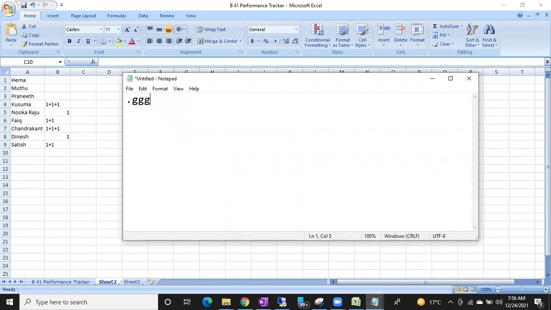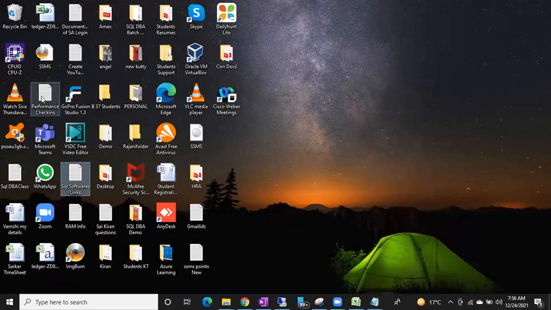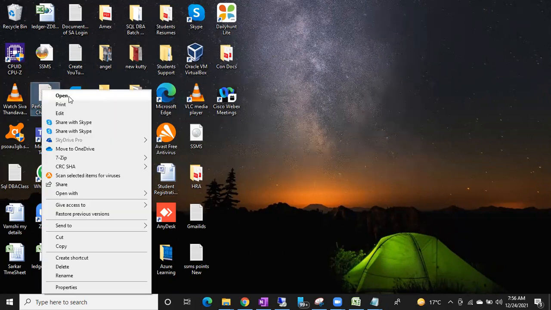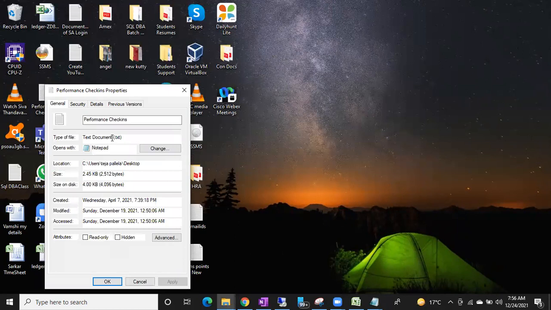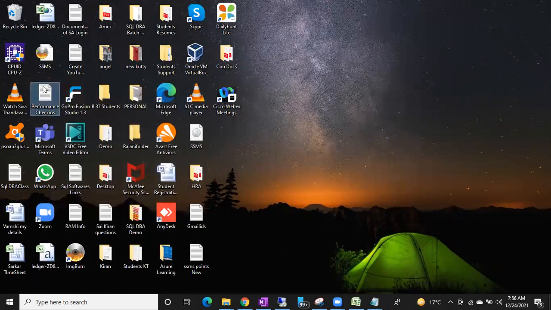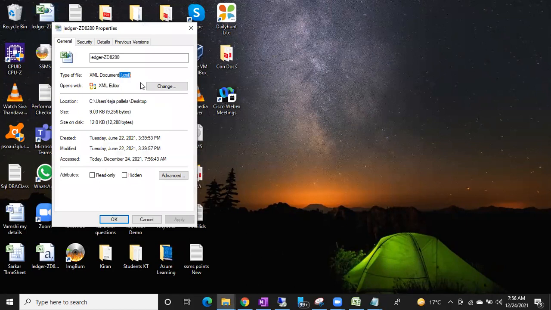Remember, guys, each file will have an extension. Each file, even if it is a notepad or any file, files are different, folders are different. Okay, don't search for an extension for the folders. You can see here the extension .txt. A Word document will have an extension. An Excel document will have an extension. Like that, each file will have an extension, guys. Even applications also will have an extension.